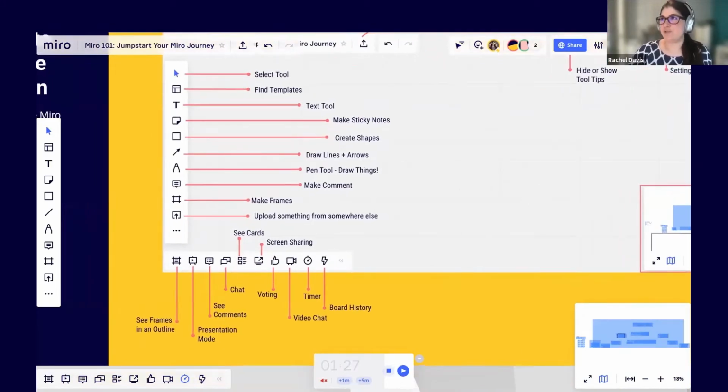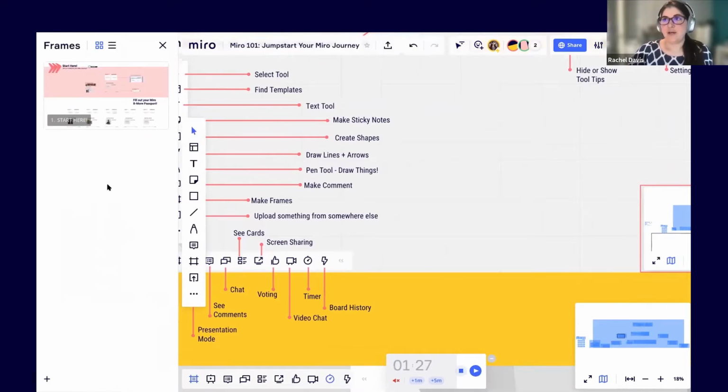This one's actually a really cool feature to see your frames in an outline. I haven't actually used frames for this particular one, except for our first session, our first piece where we had the passports. If you use a frame for each activity, you'll see them all here, and you can just go in here and export each as an image.